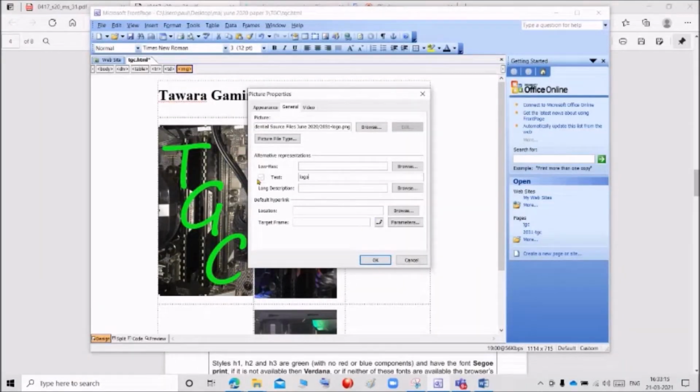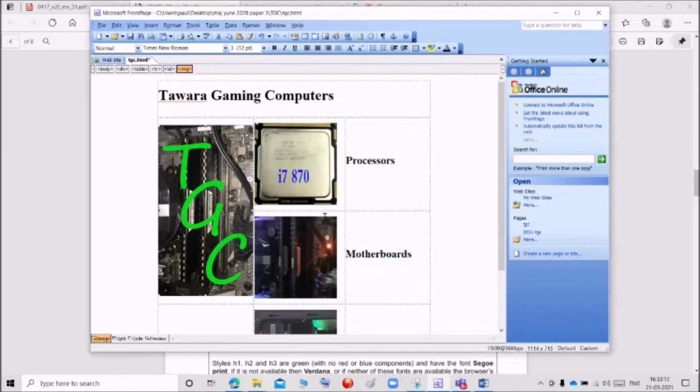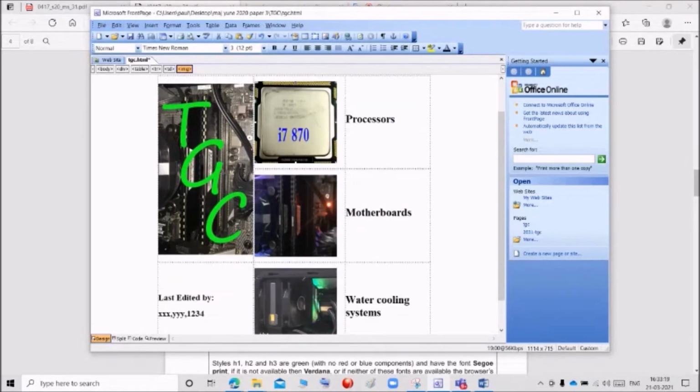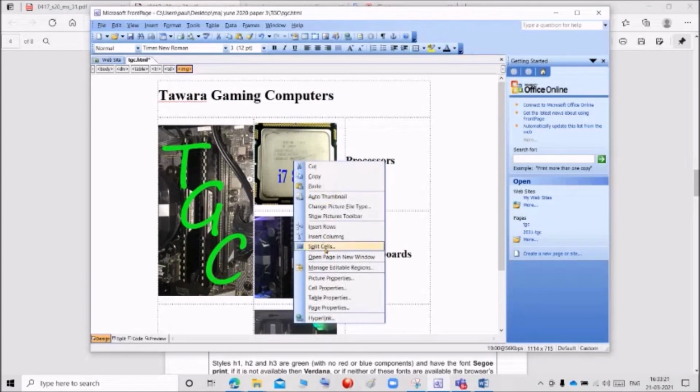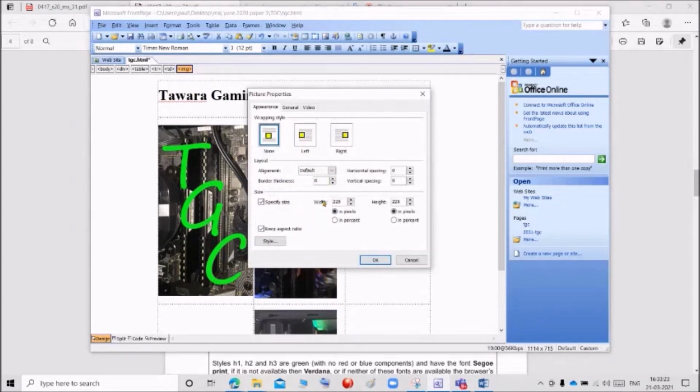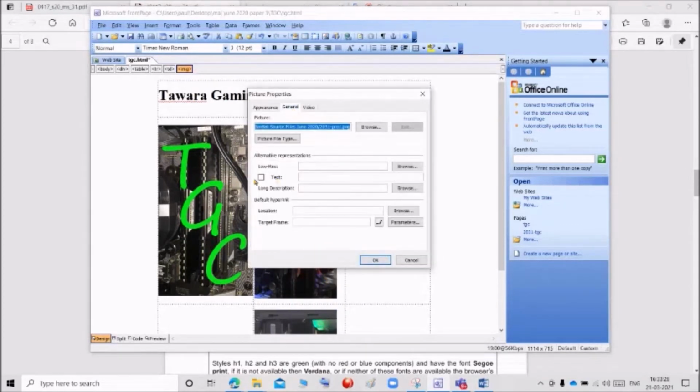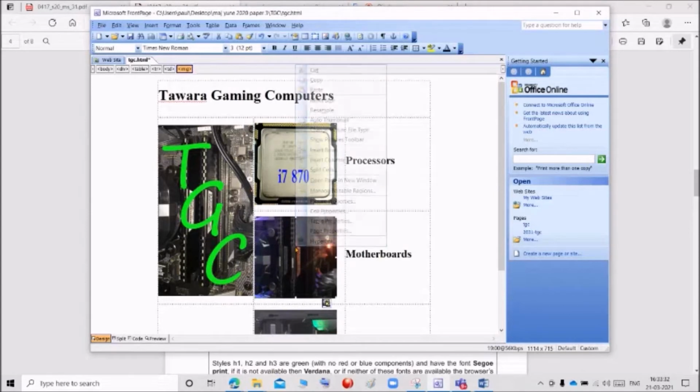Click OK. For this image, we are going to give processor. The properties, go to general and give processor. Click OK. Next, for this we are going to give motherboard.